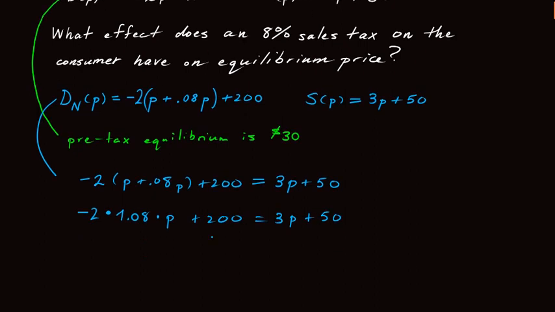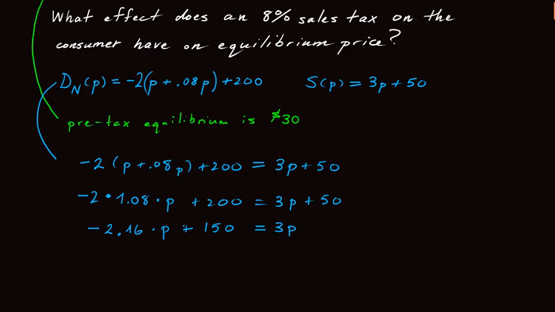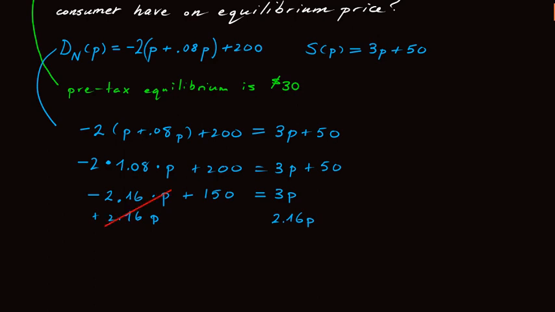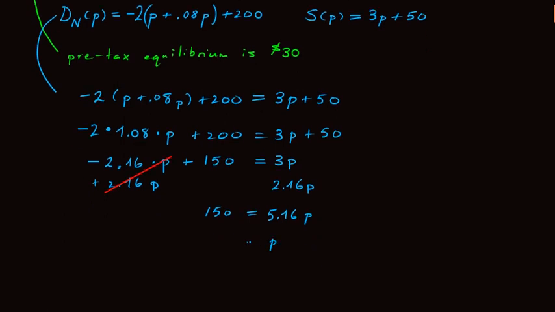So I can subtract 50 from both sides to get 150 on the left-hand side, and 2 times 1.08 is minus 2.16 times P. And now I add 2.16P to both sides, and these cancel, and I'm left with 150 is equal to 5.16P. In other words, P is equal to 150